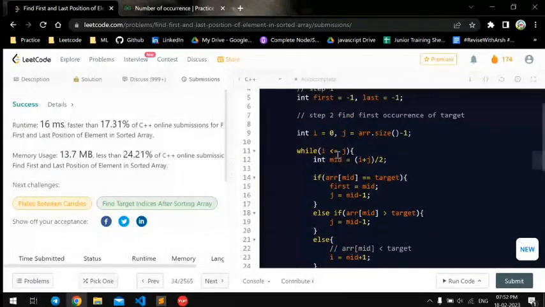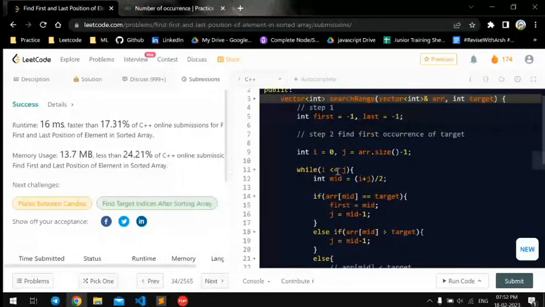So our code is running fine and the time complexity is O(log n) because